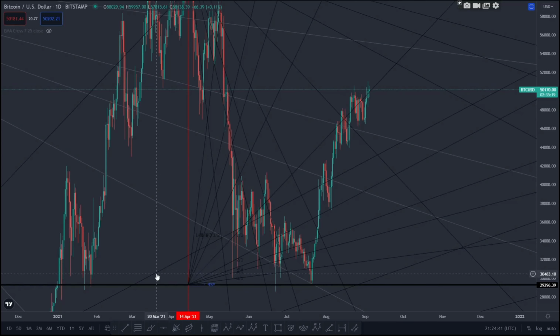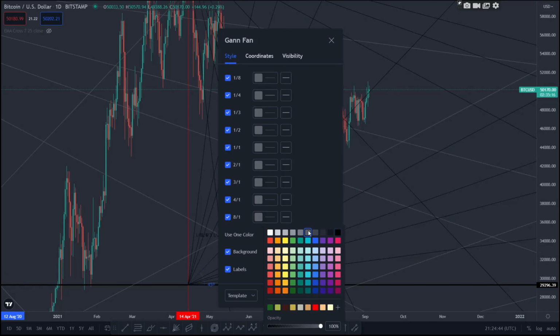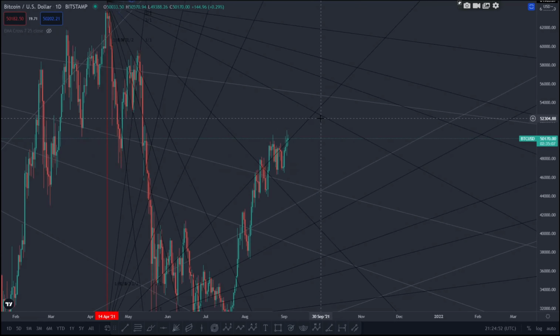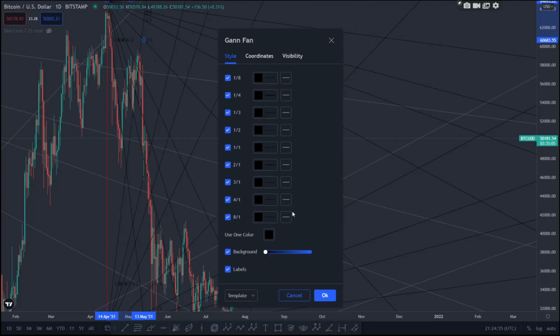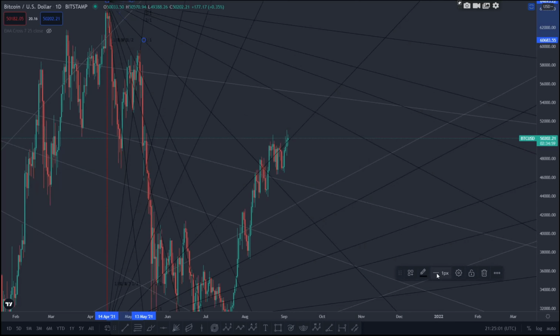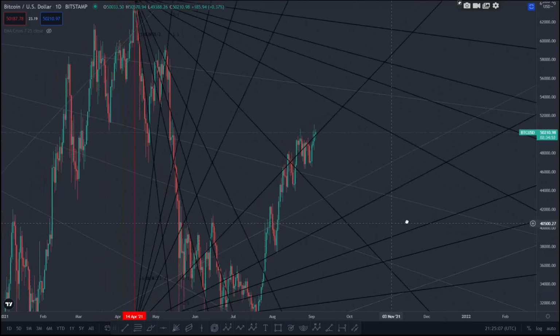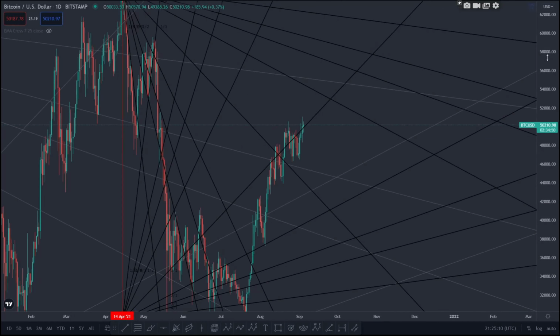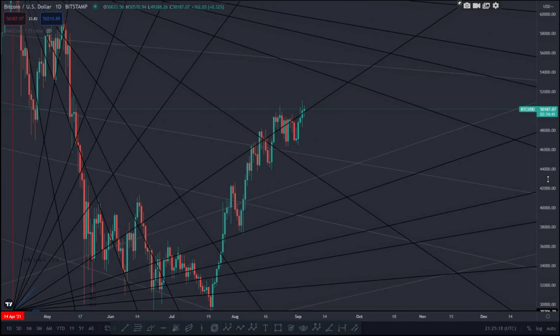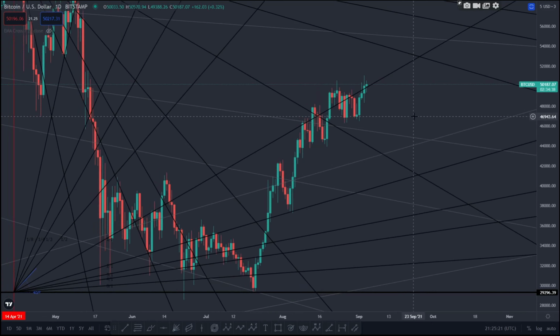This one is suiting for the eyes. This is the same. Yeah, perfect. Okay, so let us focus on the black. I'll make it a little thicker. Where do I do that? Here. Alright. So the gray fan is the fan from March 2020, and the black one is the fan from the all-time high. Alright, so let's see if we find that this Gann is actually